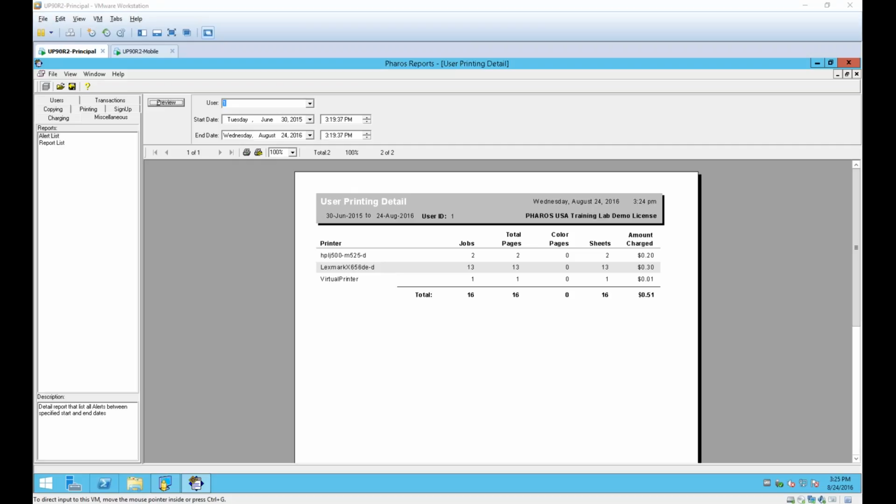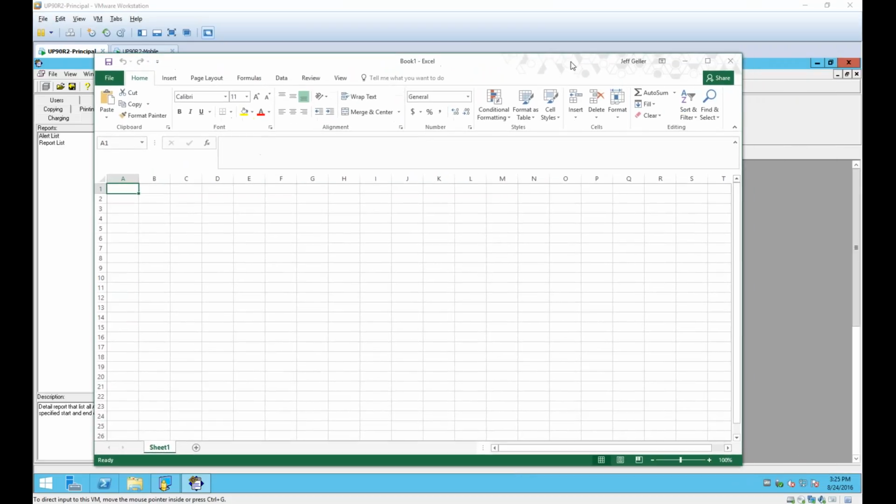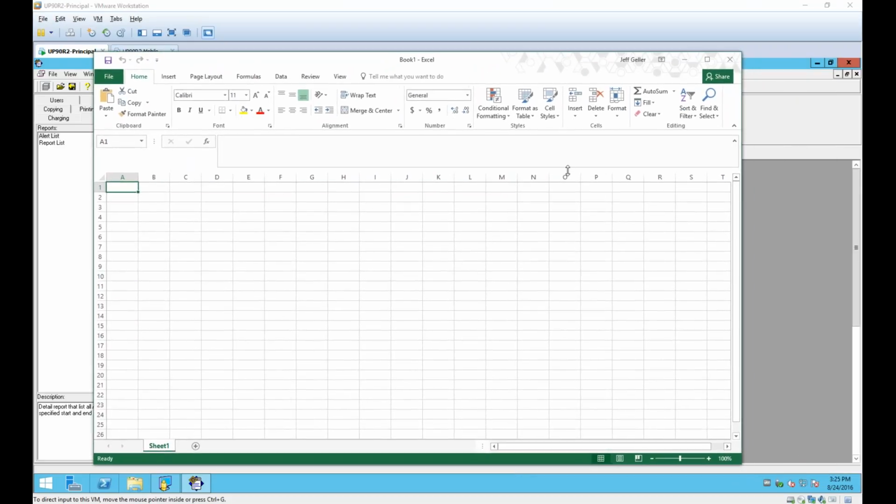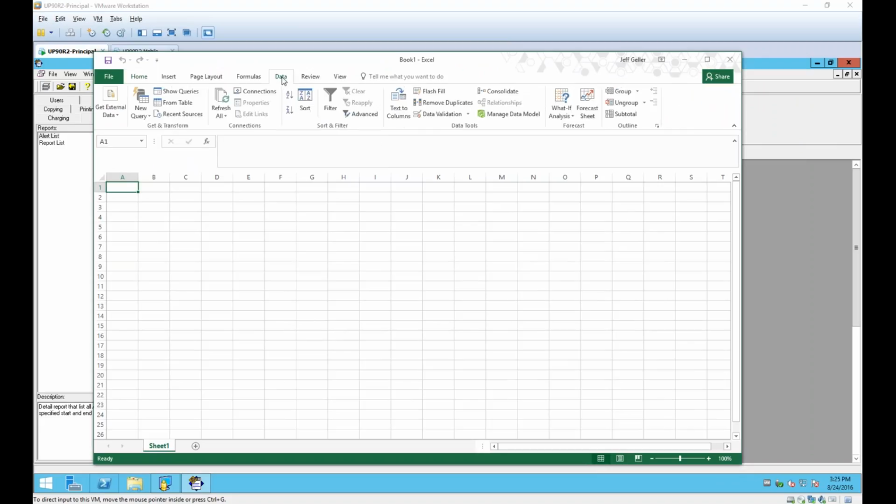So I'll bring over my Microsoft Excel spreadsheet. Just open it up. And what I'm going to do now is show you how you can actually connect your Microsoft Excel application to the Uniprint system and actually get some of the data that way. Not everybody is going to have the server admin credentials, so whoever is managing your SQL Server might have to set you up an account in SQL and give you specific permissions and rights to read and access certain areas